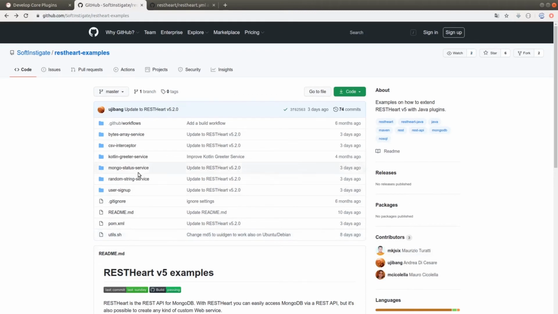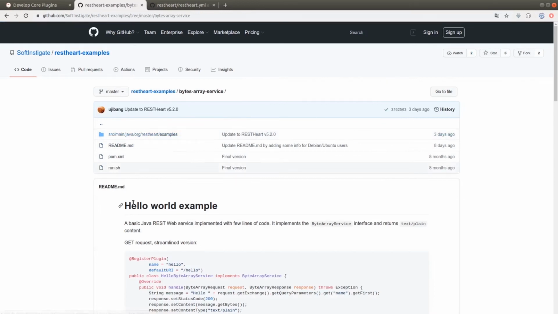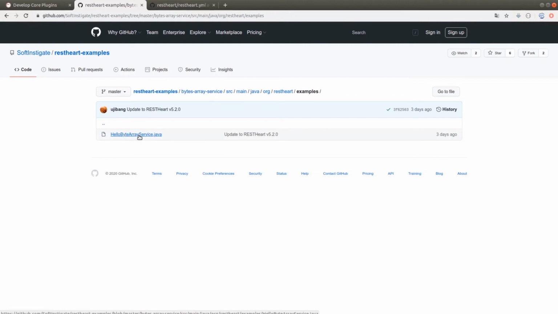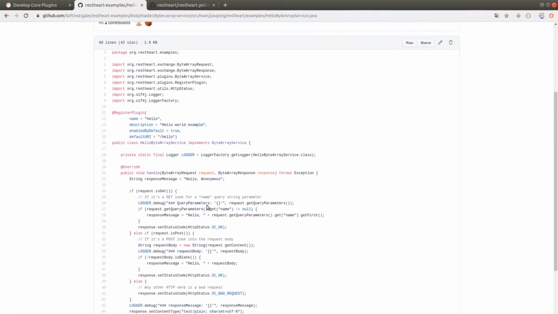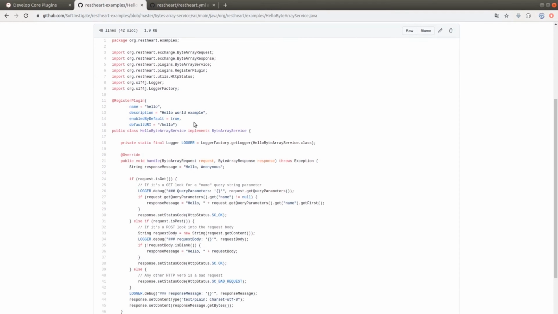Now we can take a look at the plugin. Let's go inside the source code to see in practice what we were talking about in the first part of the video. As we can see, the plugin is made of a class, Hello Byte Array Service, which in this case implements the Byte Array Service interface.